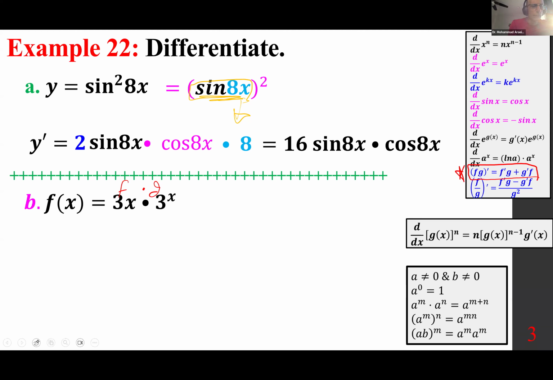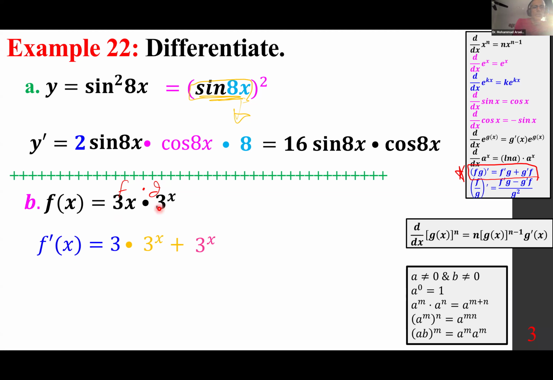We need to use the product rule on that. So first we need f prime, which is 3, times g, which is 3 to the power of x. Now we need g prime. What is g prime? Any exponential, the answer is itself,